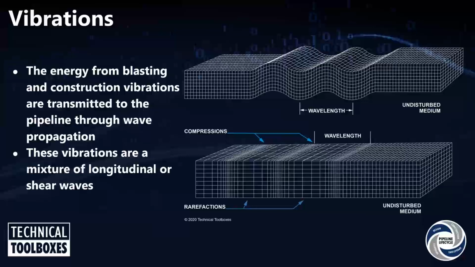And then aside from these types of waves, if the soil is saturated, we get another wave, the fifth type. The reason is that when the soil is saturated, you have two waves. One wave propagates through the solid structure, the soil skeleton. Then there is another compressive wave that propagates through the water, the liquid phase. So you have two different sets of waves in a saturated medium. But again, because we are focused mainly on pipelines, at the cover depth of a pipeline, soil is usually not saturated.